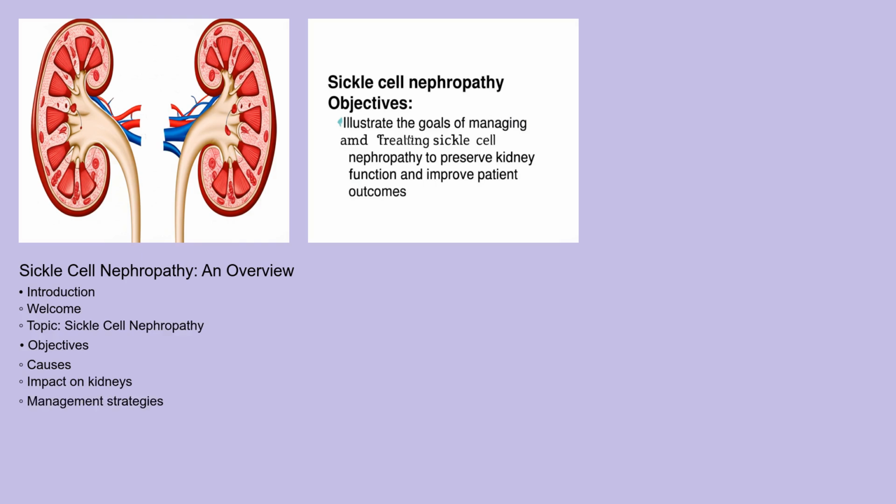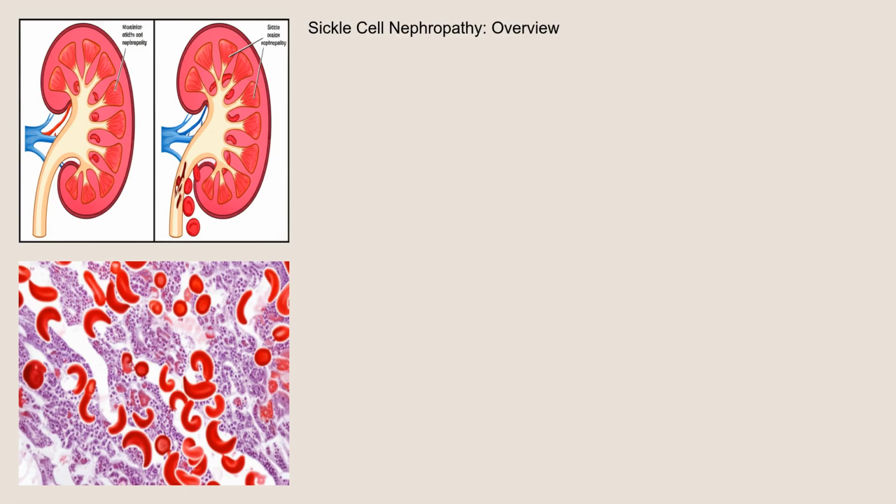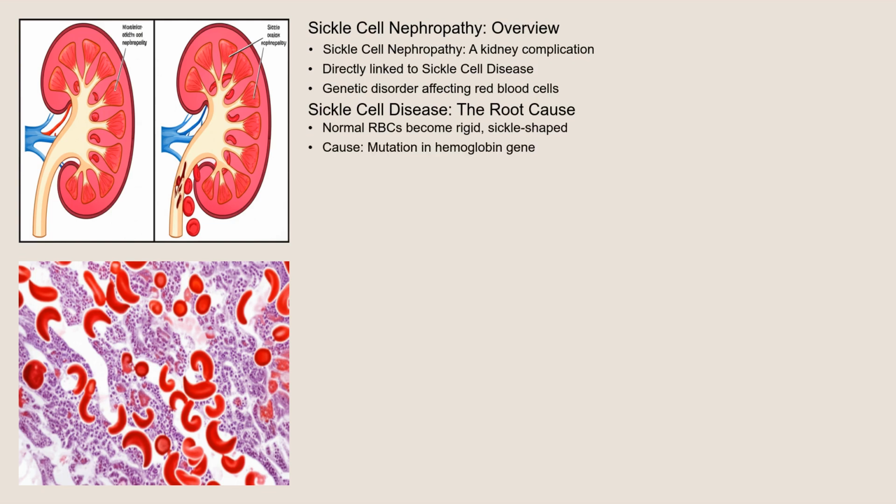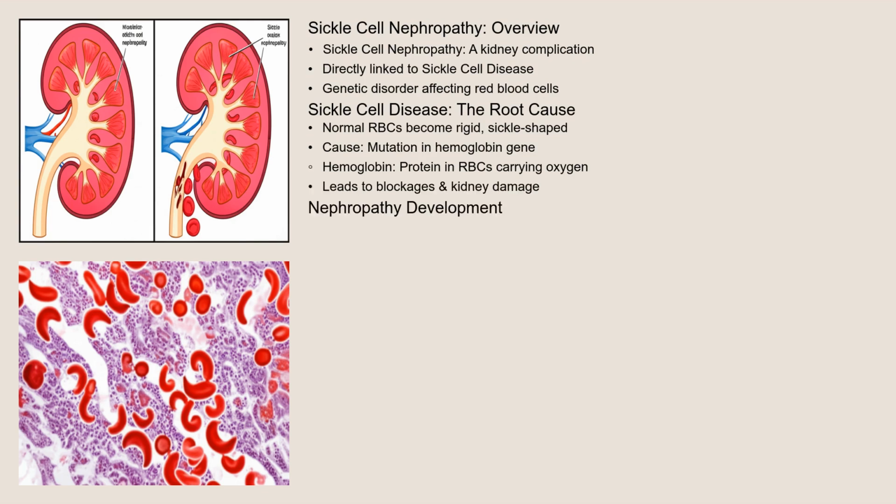So, let's get started. Sickle cell nephropathy stems directly from sickle cell disease, a genetic disorder affecting red blood cells. In this disease, normal, round red blood cells become rigid and sickle-shaped. This abnormal shape is due to a mutation in the gene that tells your body to make hemoglobin, a protein in red blood cells that carries oxygen. When these sickle-shaped cells travel through small blood vessels in the kidneys, they can cause blockages and damage, ultimately leading